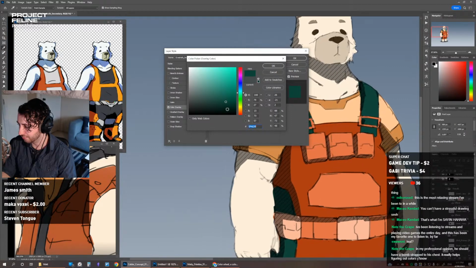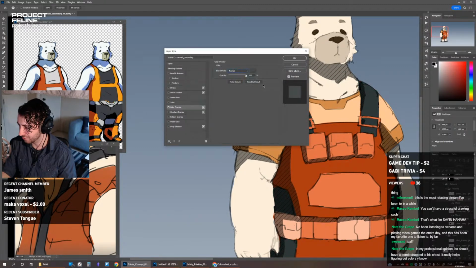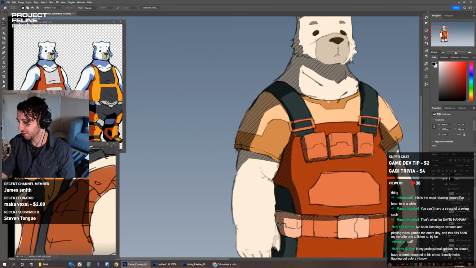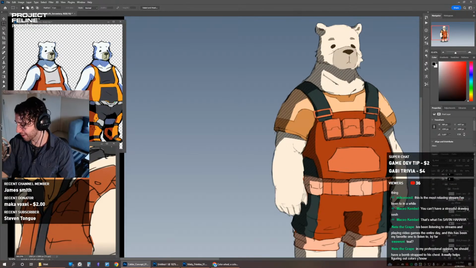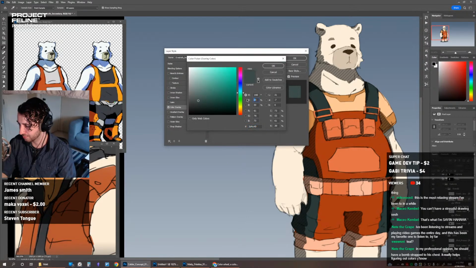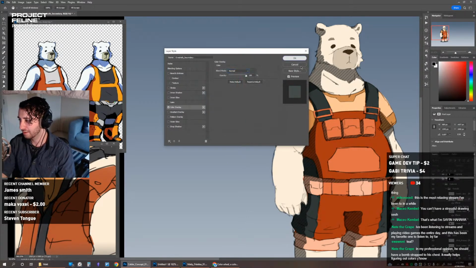So we don't want to go full saturation. I think maybe we need a little extra saturation, maybe like 20%. I don't know, maybe that's a bit too much. Yeah, I think it's a little much. We'll tone it down a little. It's just a bit strong. It looks a little dirty, so we'll bring it back to 10.